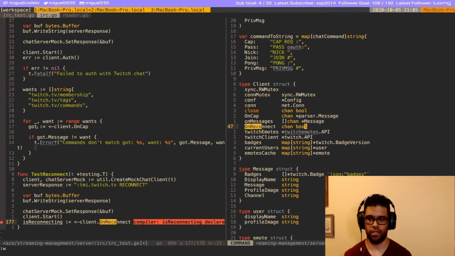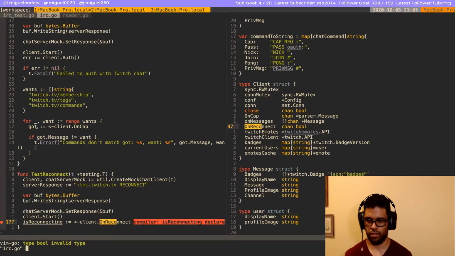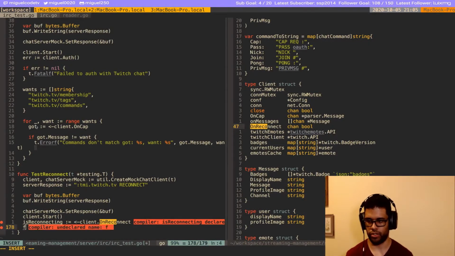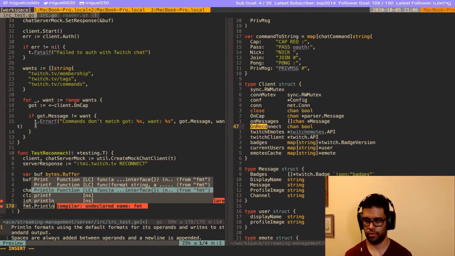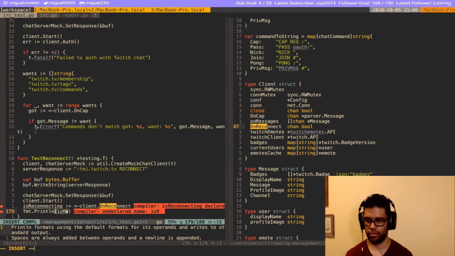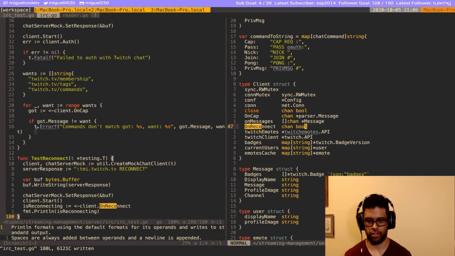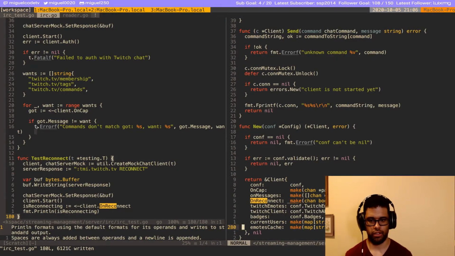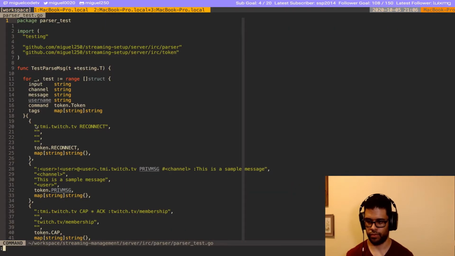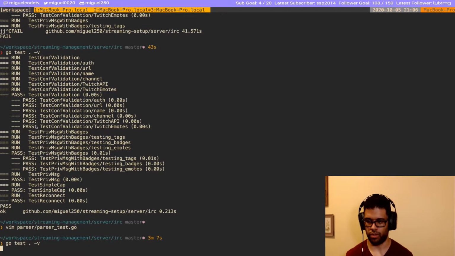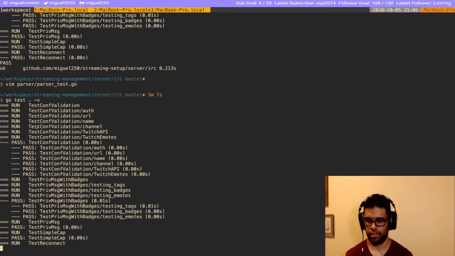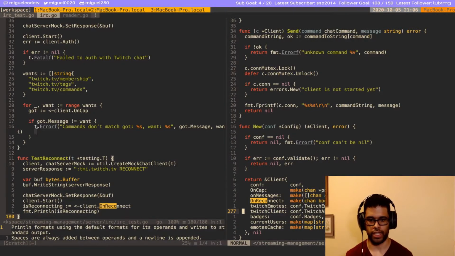Okay, and here we're just gonna print it out. So I think our test should just block here because nothing is writing to it. If we do go test, yeah, it's gonna block because that channel is not being written to.